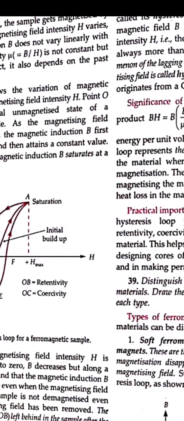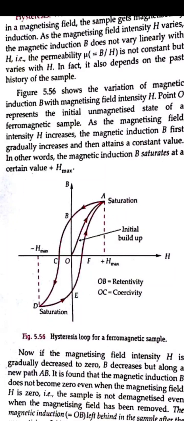These three are correlated to each other, that's why. Now on decreasing the H value, if you see this figure, I is taken on the y-axis and H on the x-axis. If you decrease this H value, it still does not come to the 0 point. You can see in the curve AB that it does not come to 0. What does it mean? There is still some magnetization in that sample, so it does not get totally demagnetized. So it is there at the point B.